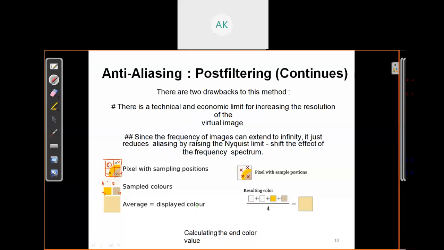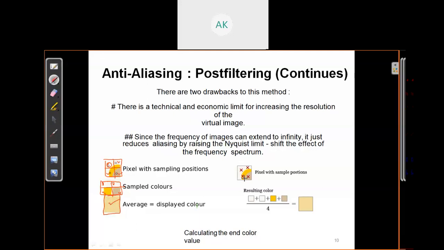Okay, now take the average of these 4 samples and you will get this color. So at that particular pixel we draw this color, the combination of 4 different colors, meaning the averaging of these 4 samples.